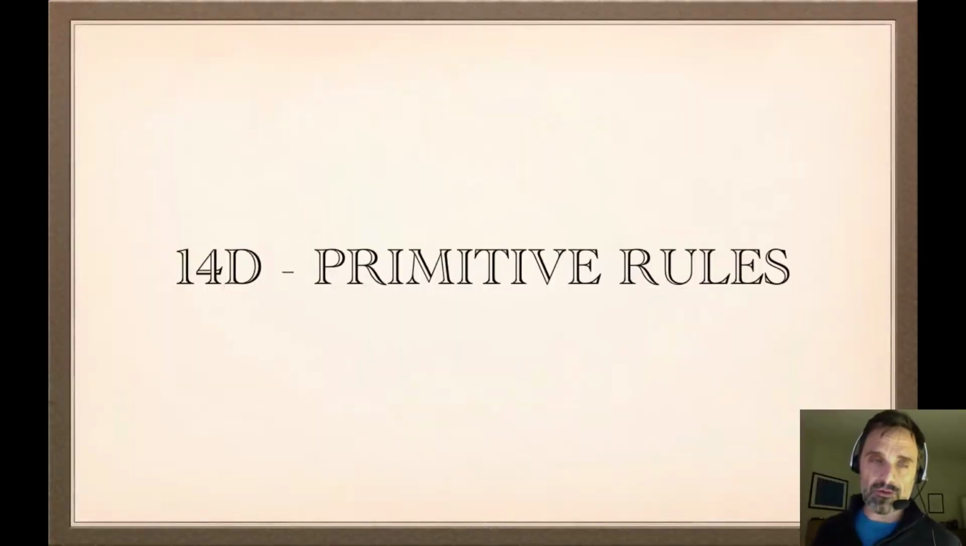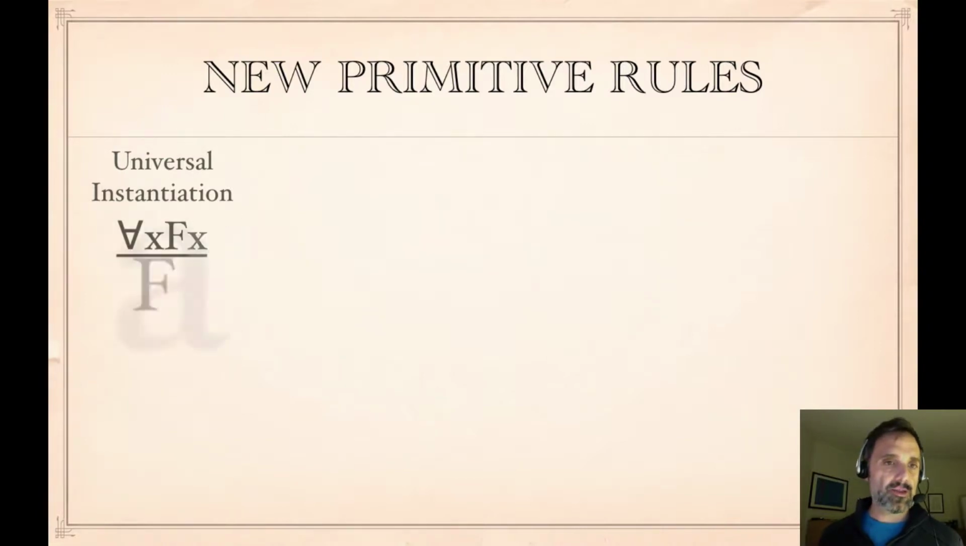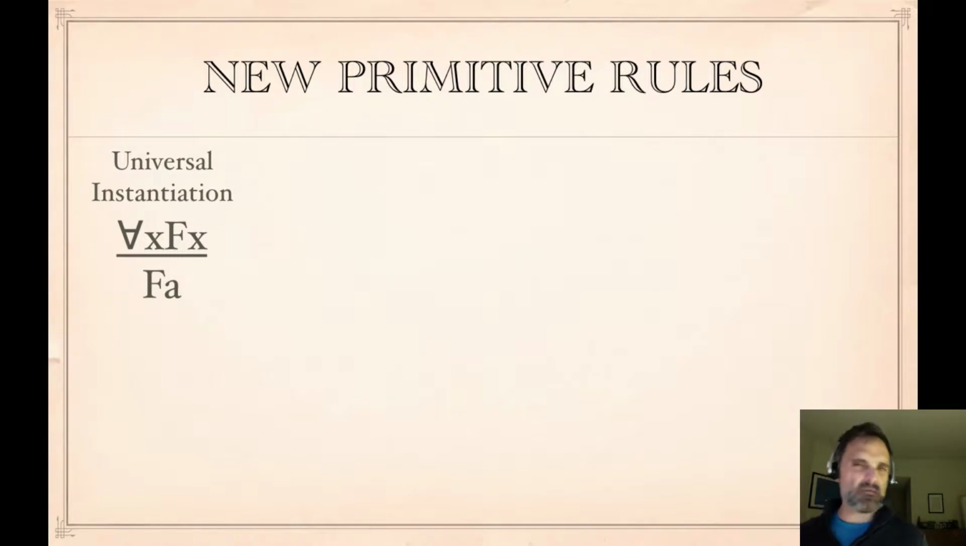The primitive rules of chapter 3. So we have several new primitive rules. We have rules for both the existential and the universal. So we have a rule called universal instantiation. This says if you have for all x Fx, you can infer Fa, and the Fx can be bigger,